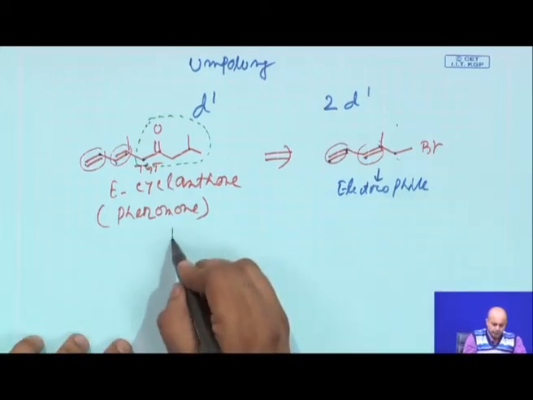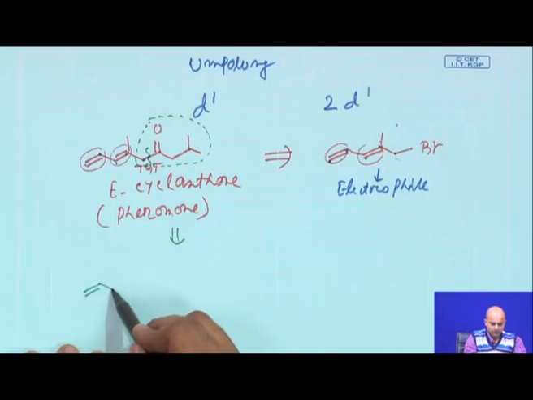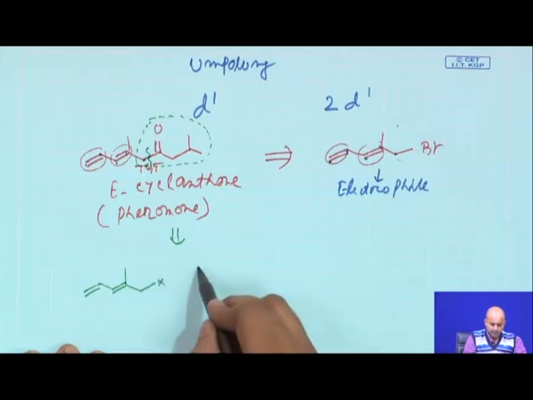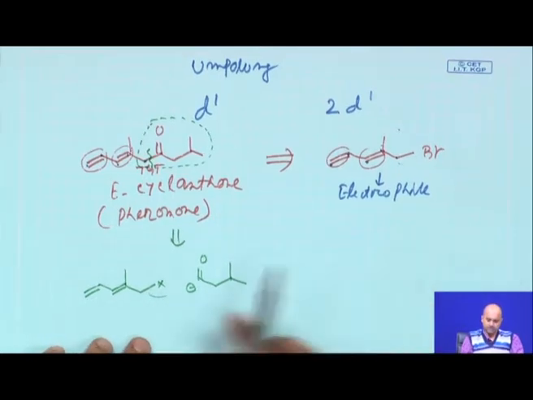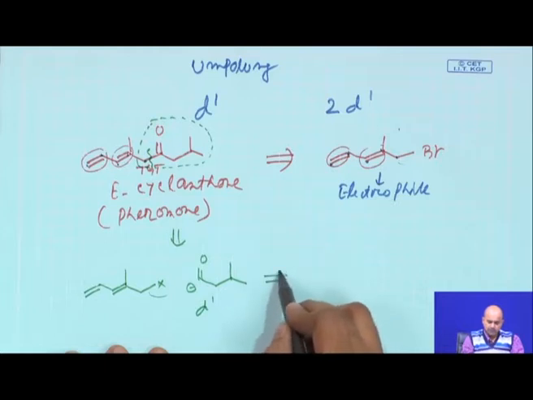Now, if we do the retro, we say that we will make this connection here. So, if you have this synthetic equivalent, and your starting material was available to you as a simple electrophile, you can easily construct a carbon-carbon bond. Now, this particular synthetic equivalent is basically a D1 species, it can also be further electrosynthetically disconnected